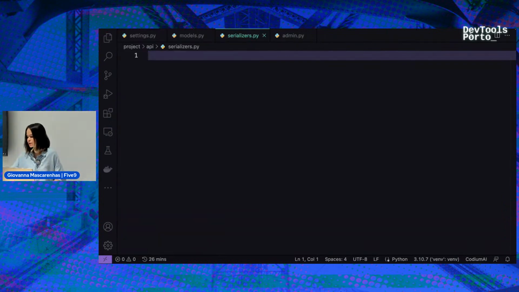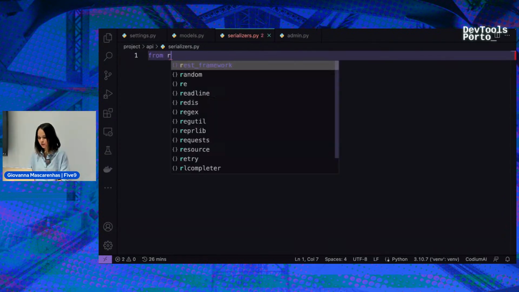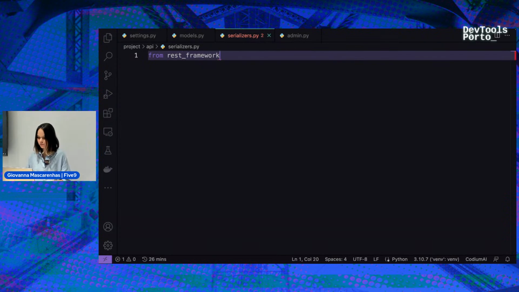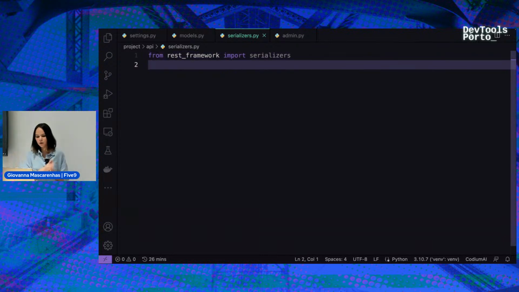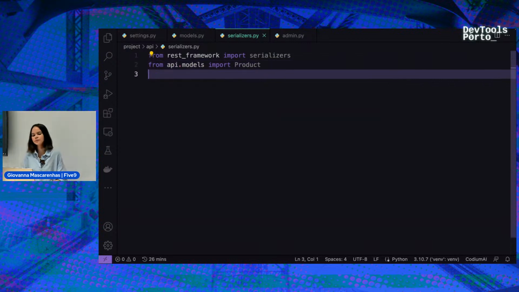We just need to import a few packages. So from rest_framework import serializers. Okay. And we need to call our model too. So from api.models import product.